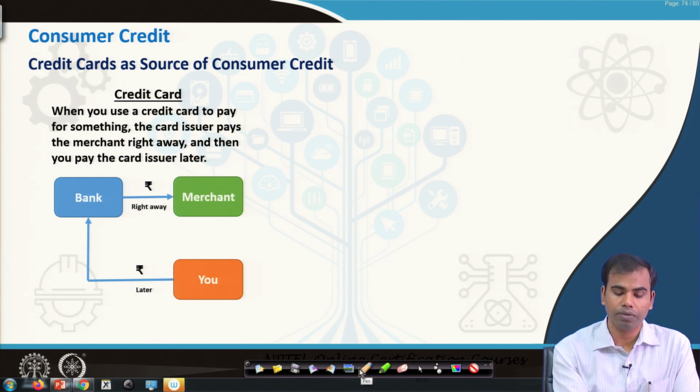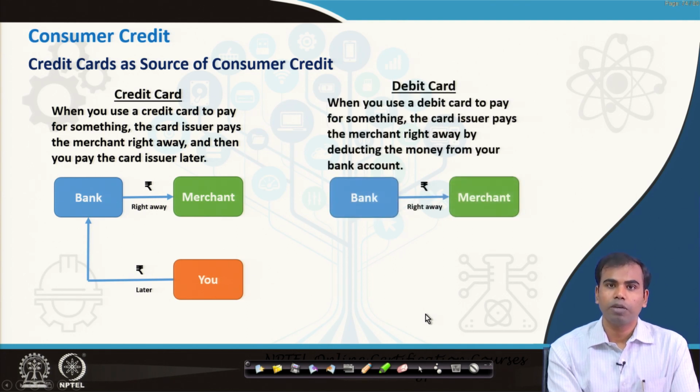in case of a debit card, which is another way of making payment at different merchants, when you use a debit card for making a purchase at any store or any other shopping outlet, you make the payment right away and the bank charges you instantly and that money goes from your bank account or savings account right away to the merchant. So, with this basic difference, we understand